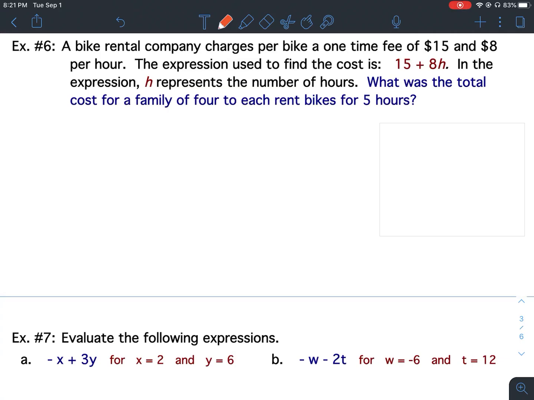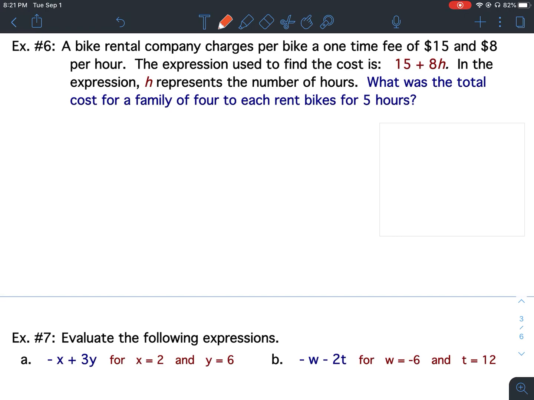Evaluating expressions, Lesson B notes example number 6. A bike rental company charges per bike a one-time fee of $15 and $8 per hour. The expression used to find the cost is 15 plus 8h. In the expression, h represents the number of hours. What is the total cost of a family of 4 to each rent